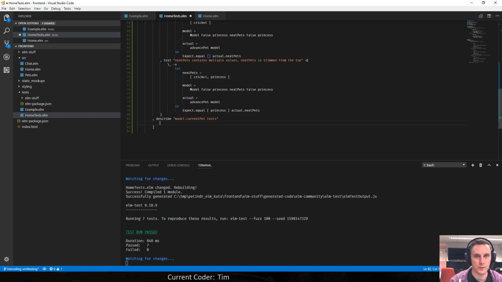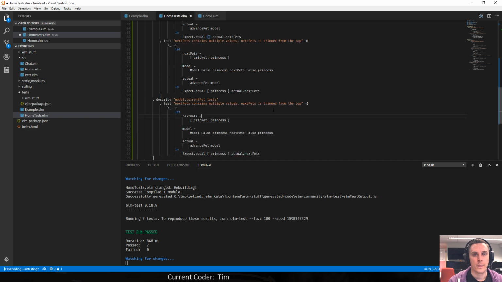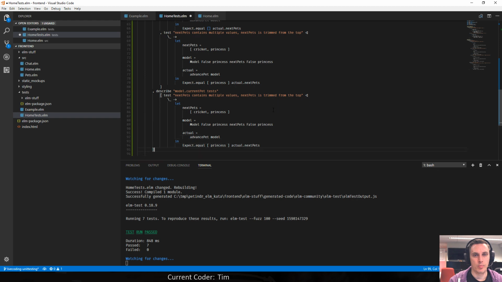And then current pet has similar looking tests. Is empty.